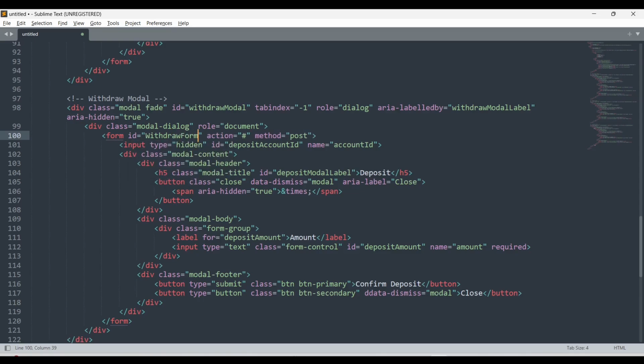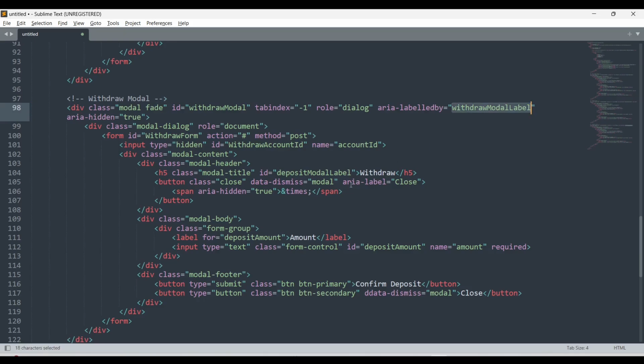So withdraw form, this is going to be withdraw account ID. What else? This is going to be withdraw,